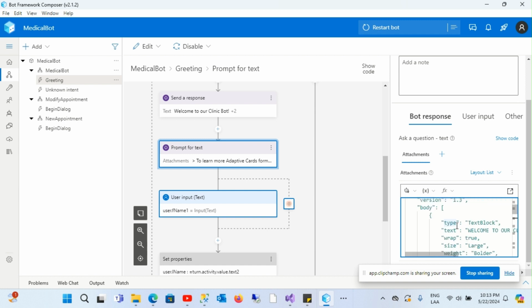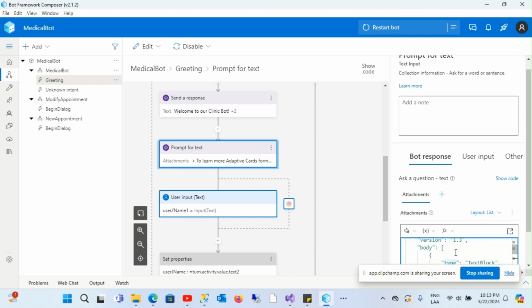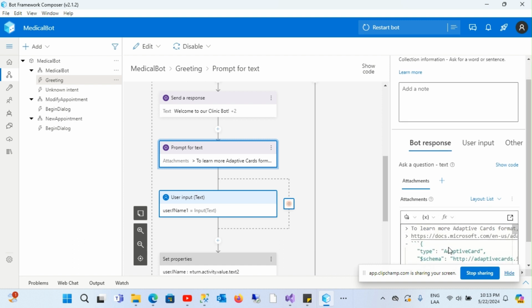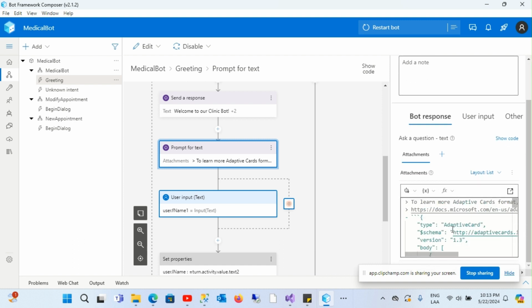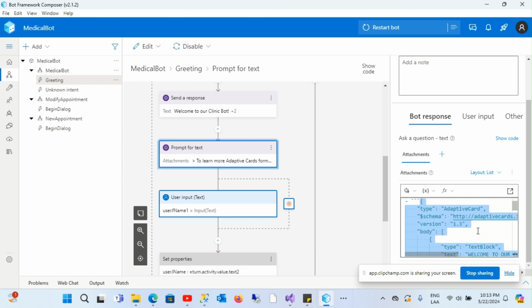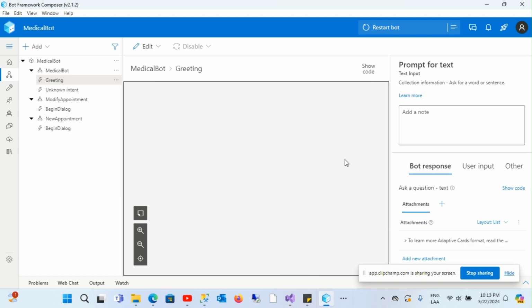I'm gonna have my form here. So this is basically all the code that I copied and pasted from the website that I showed you right here. And this is going to render my adaptive card. So I'm gonna run the bot later and I'll show you the form. Okay, so